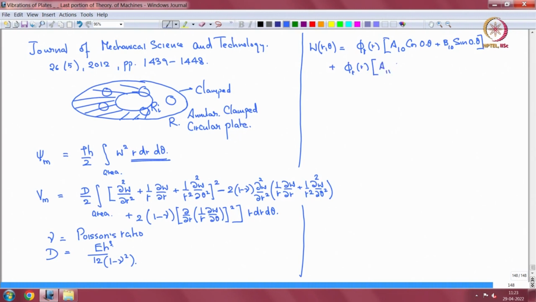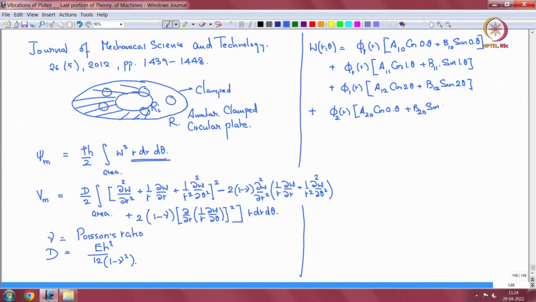a 1 1 cos 1 theta plus b 1 1 sin 1 theta plus phi 1 of r a 1 2 cos 2 theta plus b 1 2 sin 2 theta plus the higher level function in radial direction phi 2 of r, next function, then a 2 0 cos 0 theta plus b 2 0 sin 0 theta